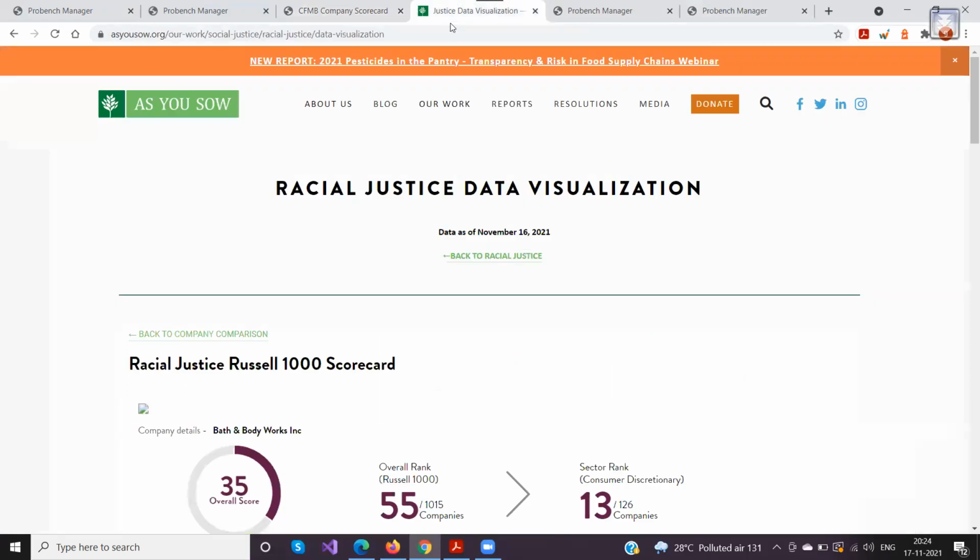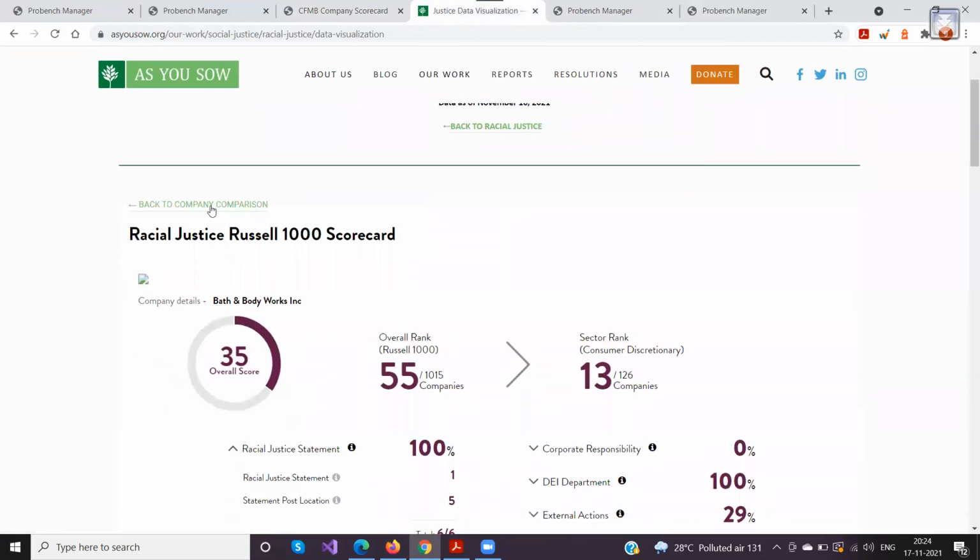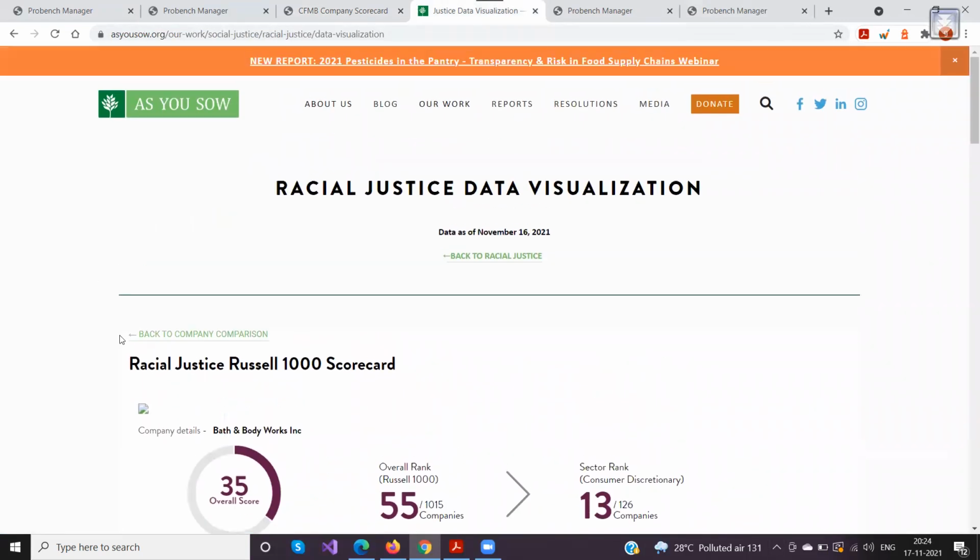Right. Currently what we have used is the iframe, because their website is using a CMS system, and the CMS system is not compatible enough with ProBench for us to put the code there.